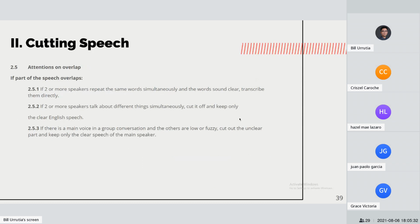What about overlaps? So here are some attentions on overlaps. Ay, mahina pa rin ba ako? Sorry. Mahina pa rin ba? Pinag-chat I can't hear you clearly daw eh. So, baka mahina pa. Okay. So, mahina pa rin. Okay na ba to? Okay, thank you. Okay na po. Thanks. I don't know. I think I need to replace my mic. Okay. Anyway,